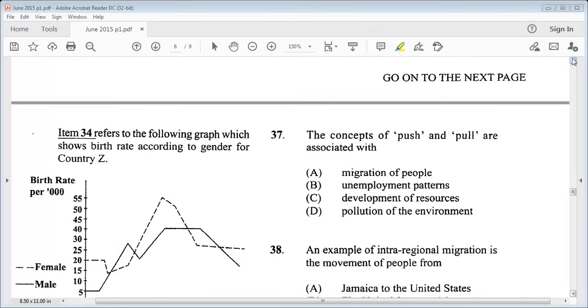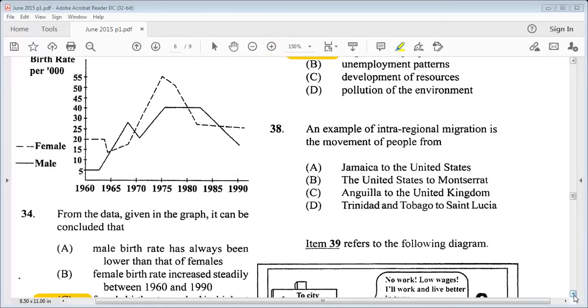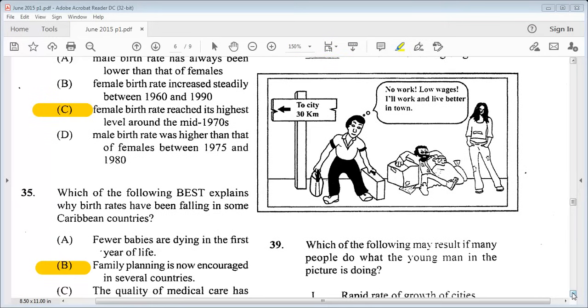37 says, the concepts of push and pull are associated with A, migration of people. 38 says, an example of intra-regional migration is the movement of people from, answer D, Trinidad and Tobago to St. Lucia. We know intra is within the same area, same region. 39 says,